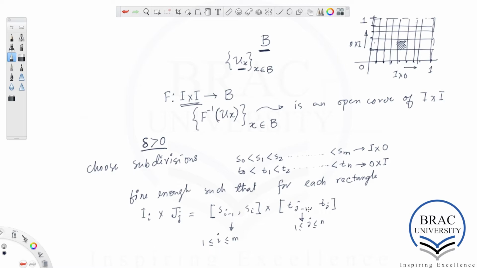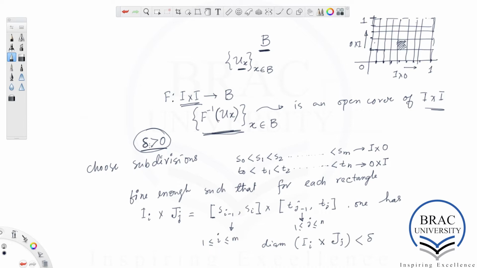Okay, so for each of these rectangles, one has the diameter of this rectangle I sub i cross J sub j to be less than delta, right? So we have this open cover of I cross I, and associated to this open cover we have this Lebesgue number, which is a positive number, delta,